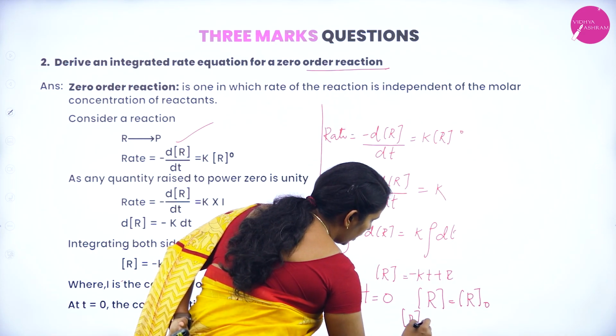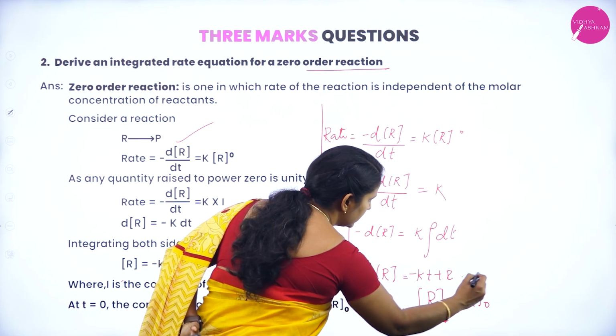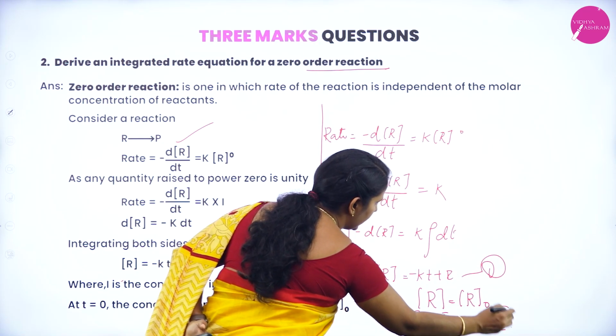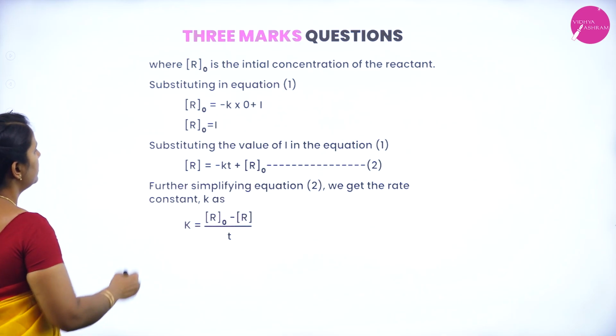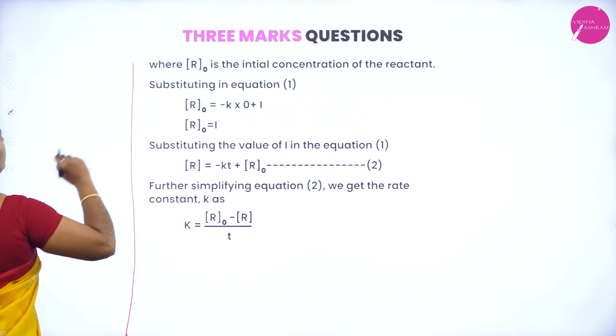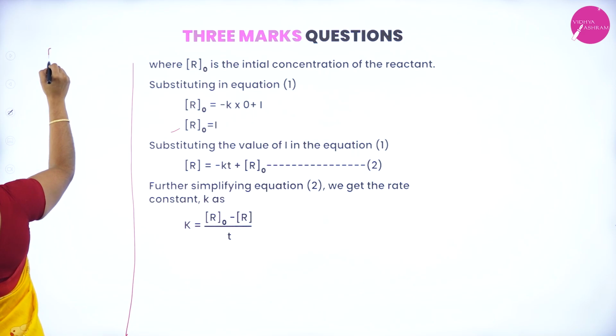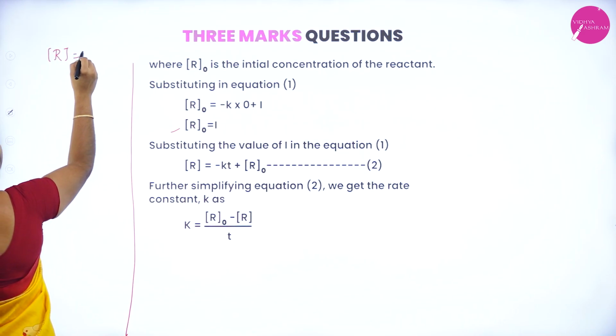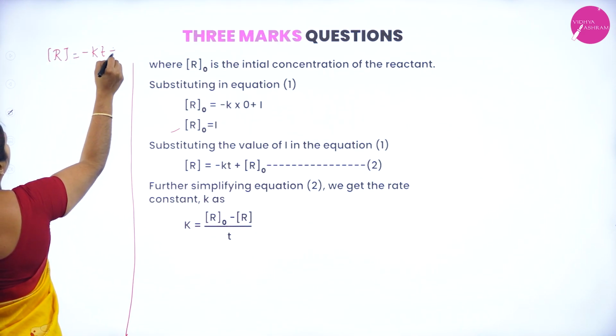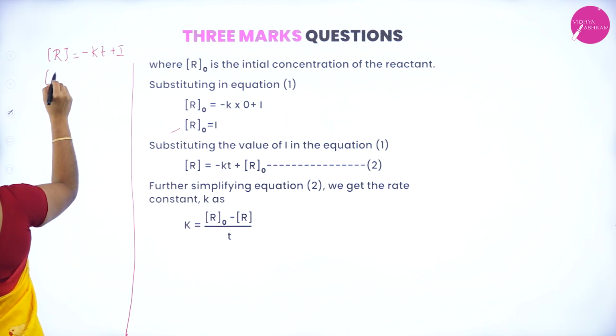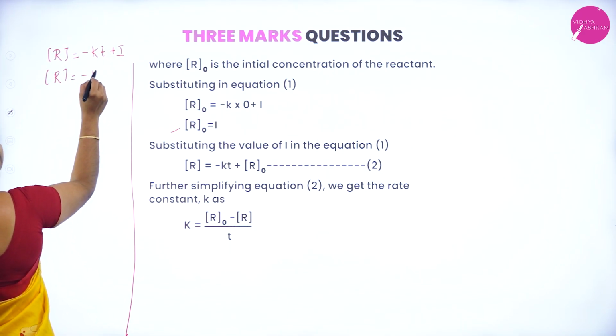So, R naught is equal to I. This is my first equation, and this is my second equation. Now I substitute into the first equation, as I got here. So, what is my first equation? Concentration of R is equal to minus KT plus I. What is I now? I is nothing but the concentration of R